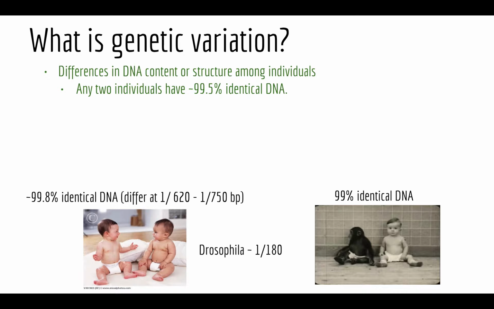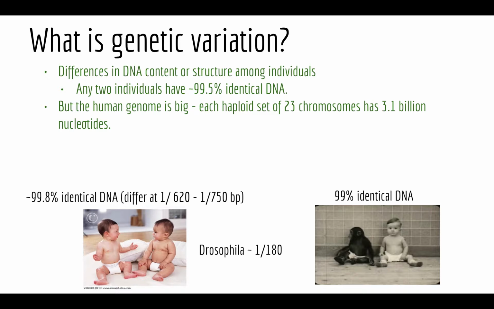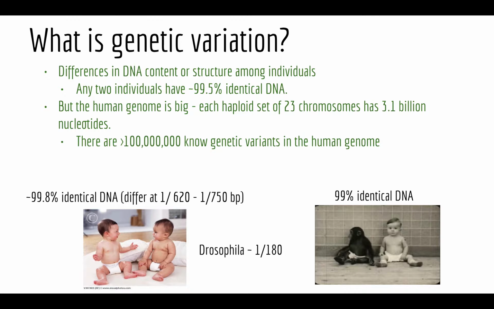So this is updated to be 99.5%. It says 99.8%. Seems like I updated it based upon a recent paper there, but didn't update it here. So this depends upon how many new individuals are being studied in these ever larger DNA sequencing studies. These estimates get revised from time to time. The human genome's big, so there's a lot of opportunity for genetic variation. And among all the individuals who have been sequenced so far,